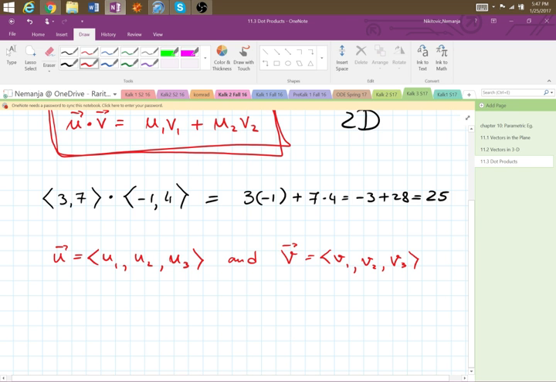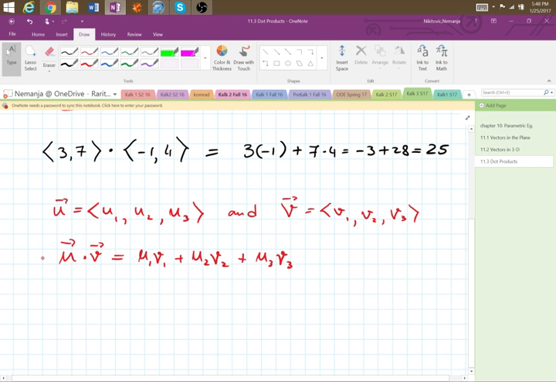And what we do with this is the dot product between vectors u and v, so u dot v is going to be u1 v1 plus u2 v2 plus u3 v3. And that would be the 3D version